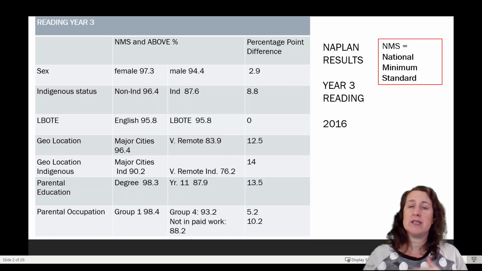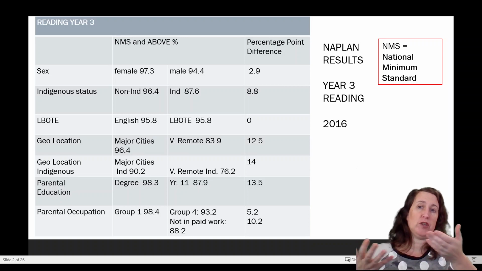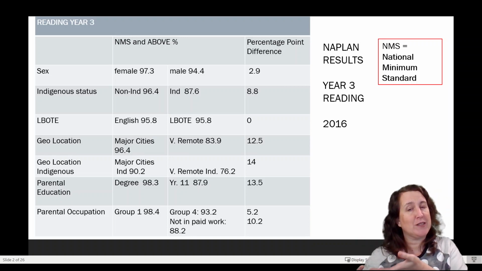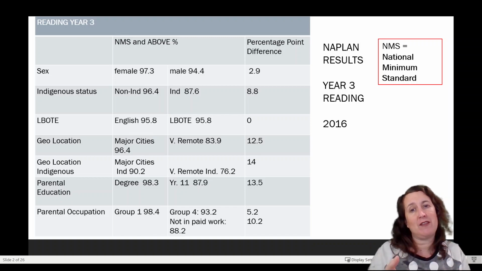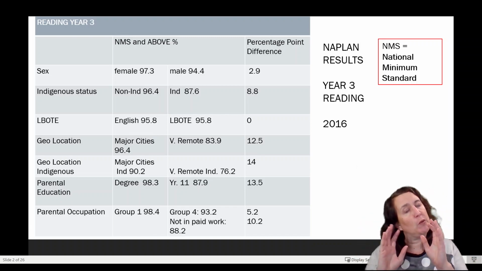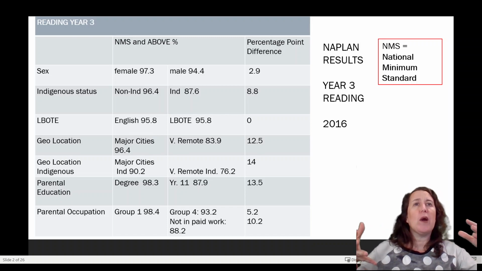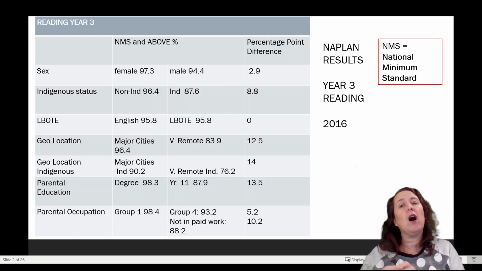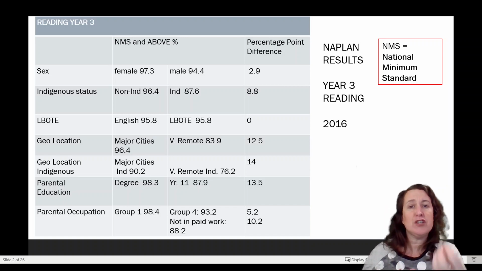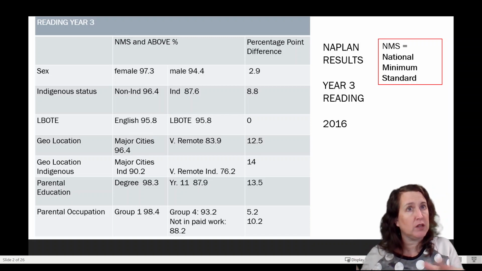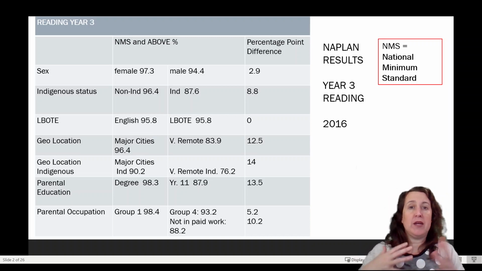So though it says there's no difference between the achievement of students for whom English is their first language and students who have a language background other than English, when we look at that social group of students with a language background other than English, we're hiding a lot of difference. We're hiding the fact that there are quite advantaged students in that group and quite disadvantaged students in that group, and the results average that out and appear as though that group is not a significant social category to be concerned about.